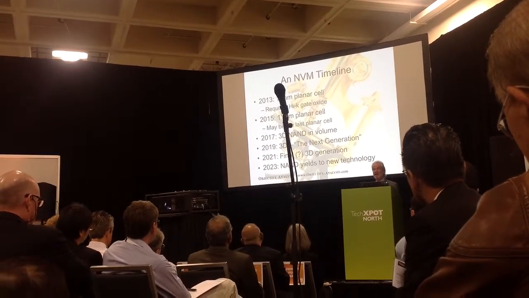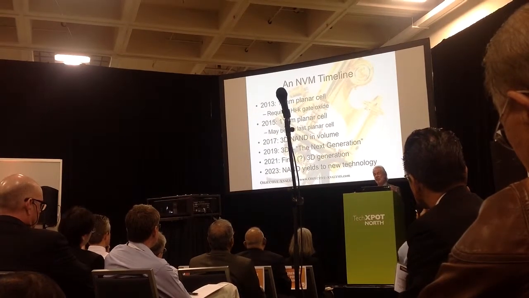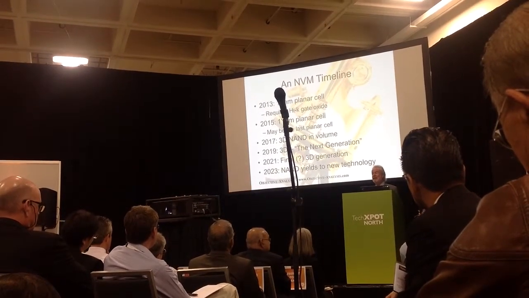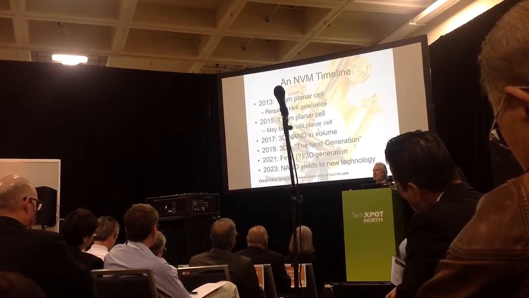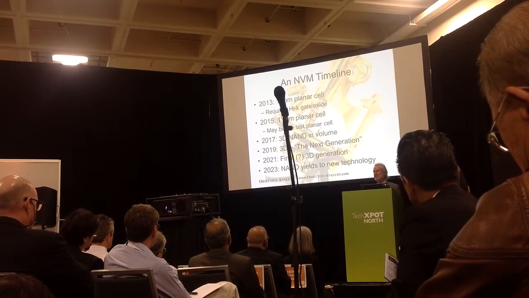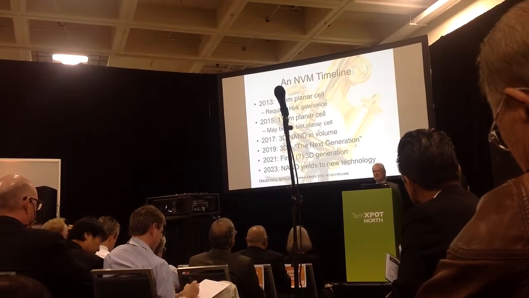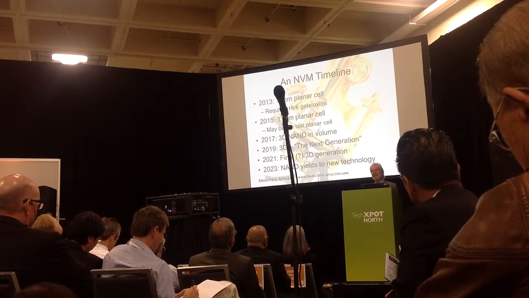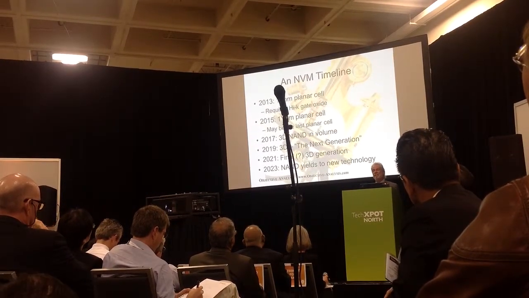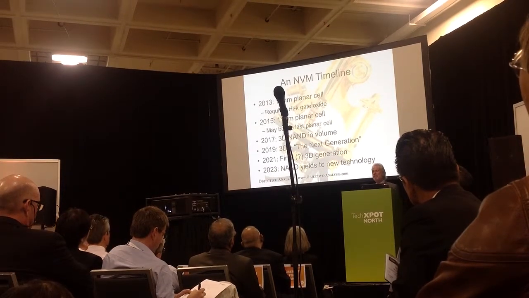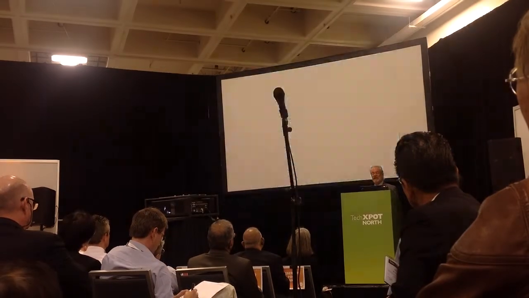There are a lot of things we don't know here. We don't know how many layers we're going to be able to take 3D NAND to. It could go generations past this. But also, it might not keep that same rhythm that we've had with Moore's Law scaling. And so because of that, I'm expecting to see some changes in this chart over time. But in the end, I'm saying that 2023 is the year that we would expect to see some other form of technology actually replace NAND flash and threaten NAND flash.